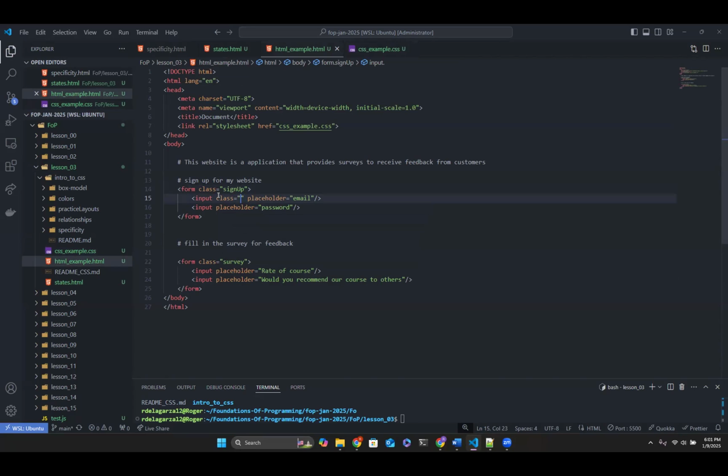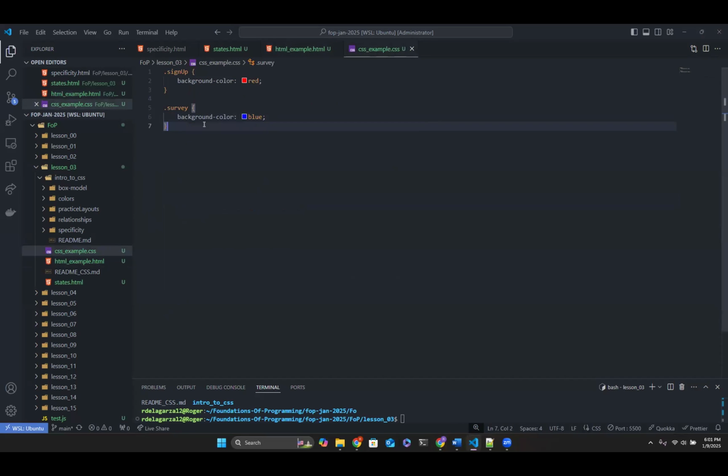Thanks. Yeah, no problem. Could you, instead of doing that, use CSS like we were doing last night, where you have nested elements? Could you do a form and then an input nested within that form to do the same thing, or would that not work? What do you mean? Go back to your CSS. Oh, okay. Could you do dot survey or dot sign up and then nested input? Input. Yeah. That is a good question.